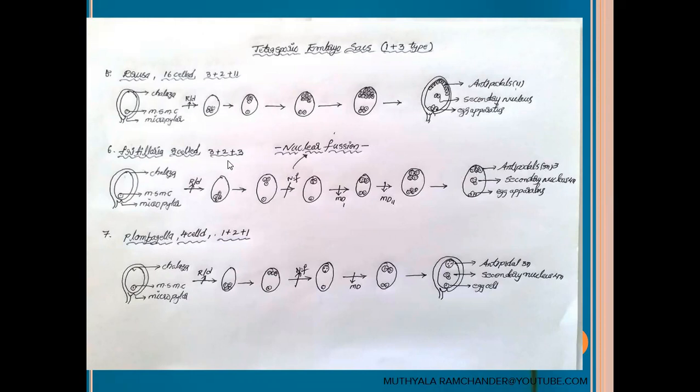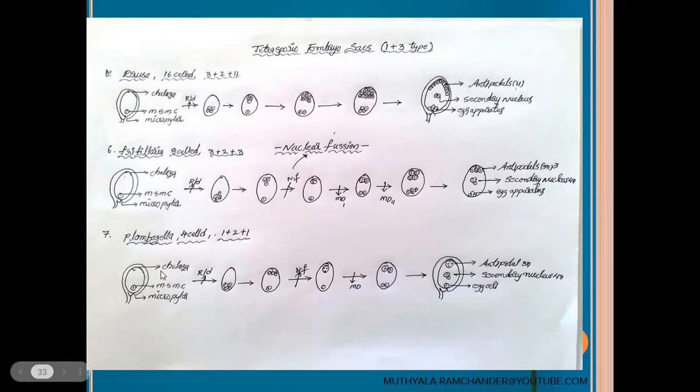In the Fritillaria embryo sac, a total of 8 cells are present. They are arranged in 3+2+3 arrangement. 3 cells belong to the egg apparatus. They are in haploid condition. And 2 cells belong to the secondary nucleus. It is in 4N condition. And the remaining 3 cells are called antipodals. They are in 3N condition.